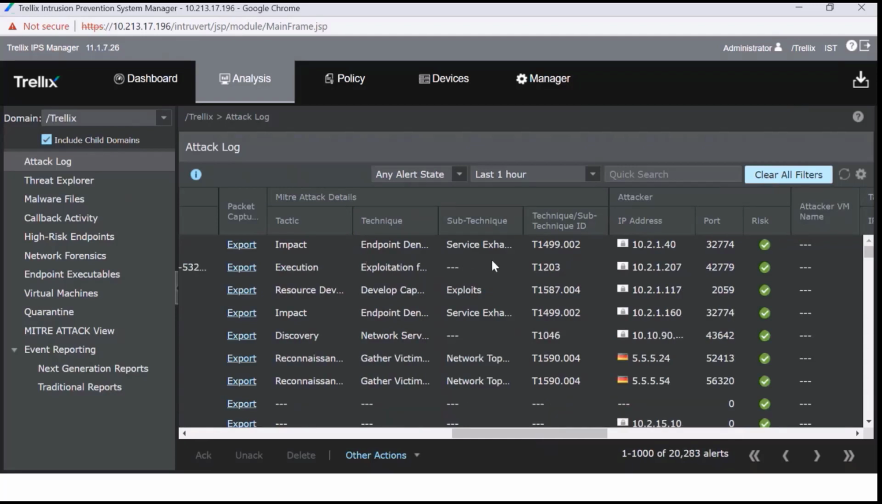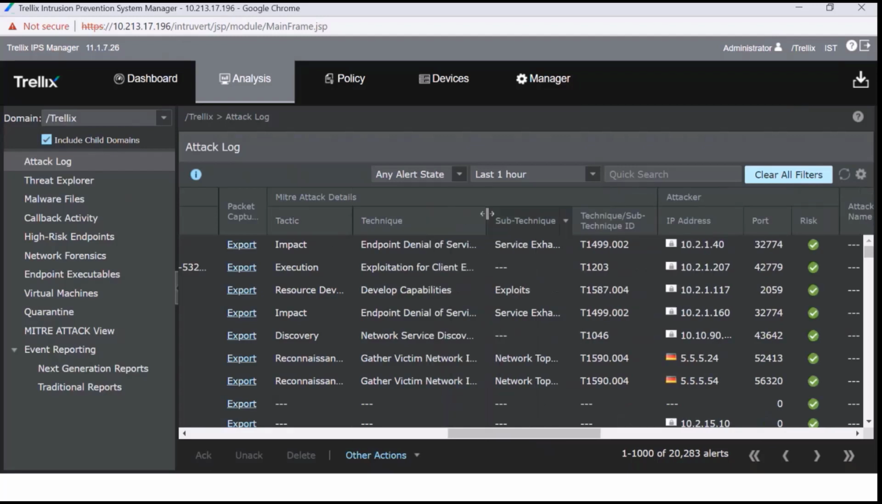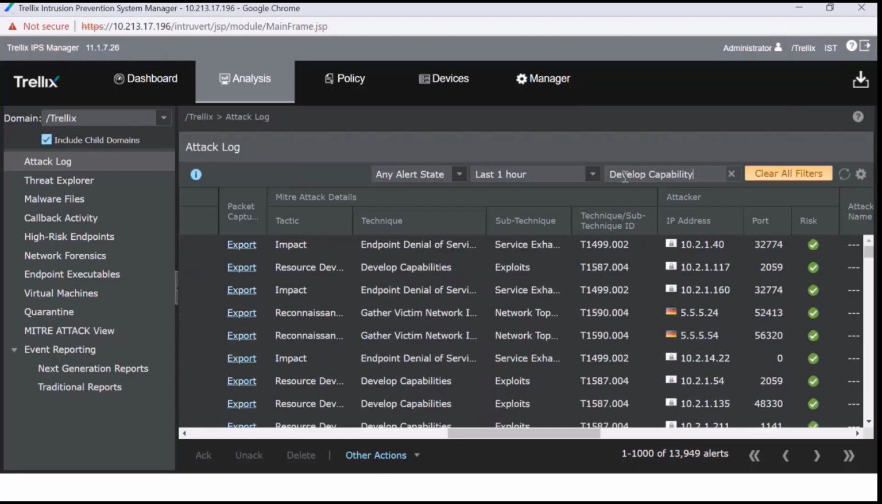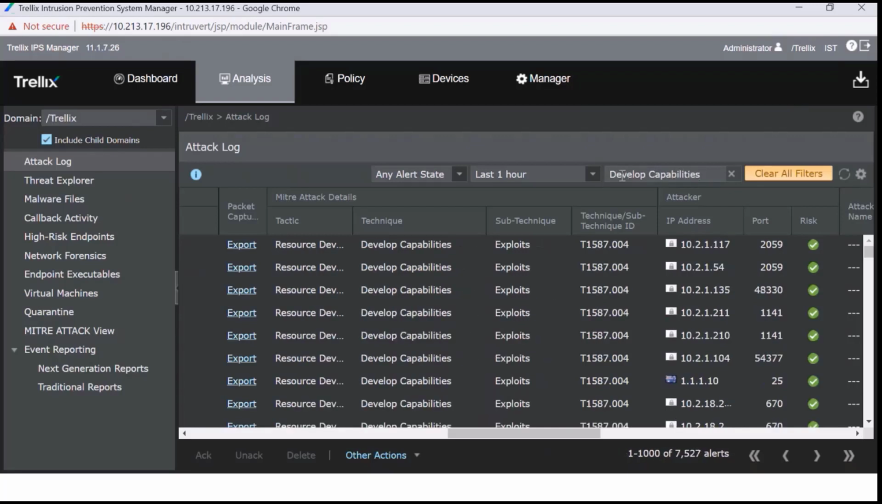Similar to performing a filter, a search operation also can be done based on the MITRE details like tactic or technique. Now we have performed a search based on develop capabilities. So the attack log shows only the attacks matching the technique develop capabilities. The search can be done either globally or on a specific column level. And finally,